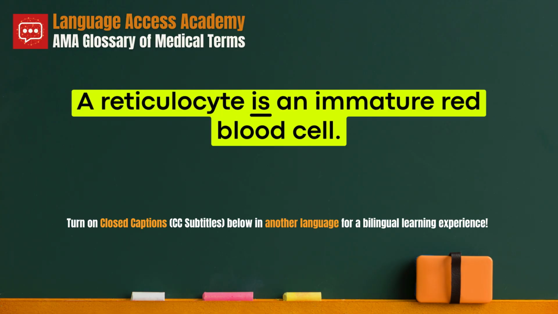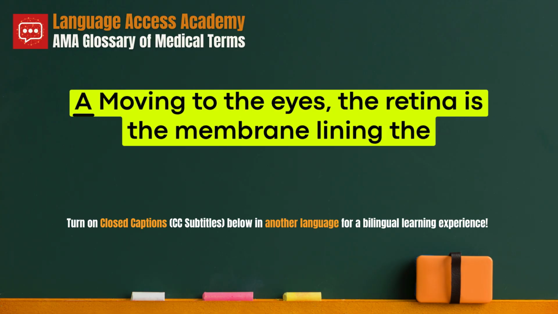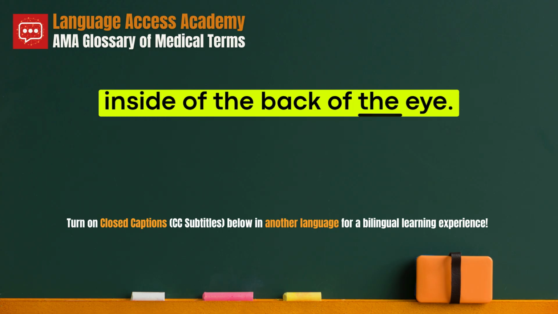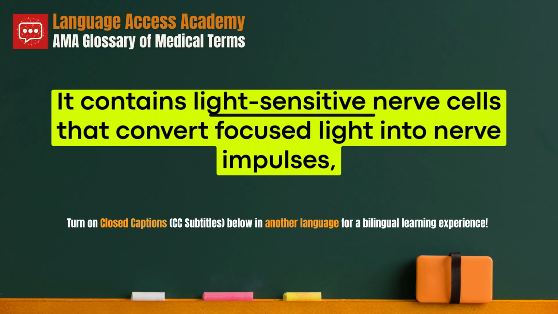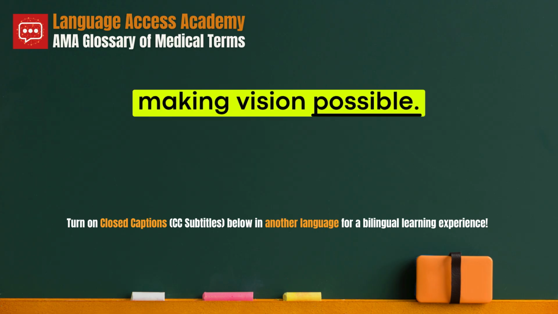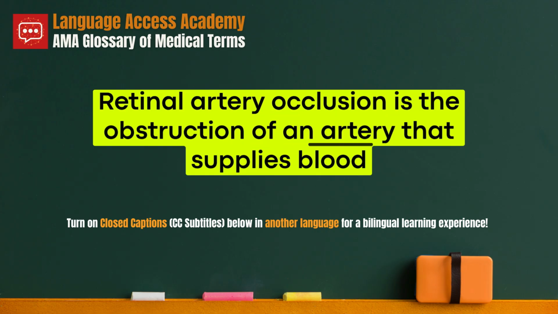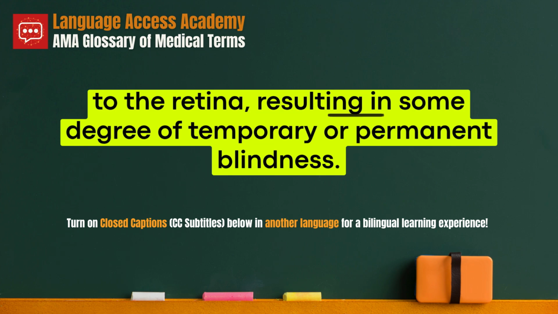A reticulocyte is an immature red blood cell. Moving to the eyes, the retina is the membrane lining the inside of the back of the eye. It contains light-sensitive nerve cells that convert focused light into nerve impulses, making vision possible. Retinal artery occlusion is the obstruction of an artery that supplies blood to the retina, resulting in some degree of